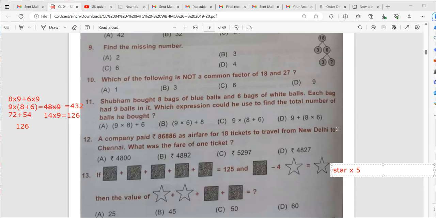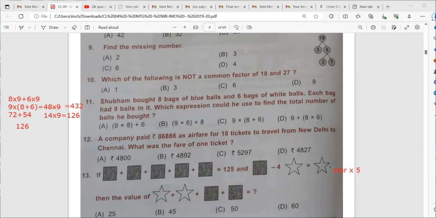A number with which you can divide another number exactly without having any remainder, or the remainder is 0, that is called a common factor. For example, 2 is a common factor of 4 because 4 can be divided exactly by 2 without any remainder. Is it clear? Yes, ma'am. Great, do it.